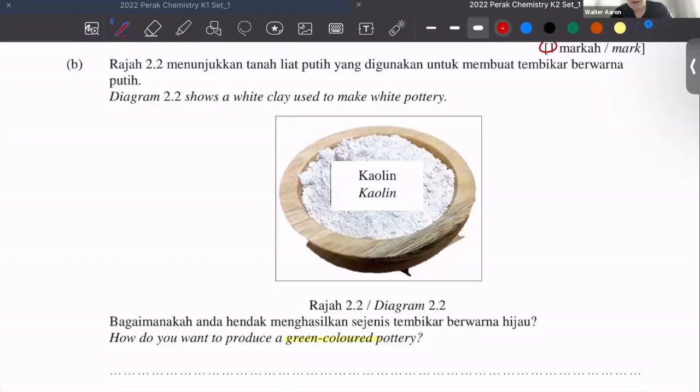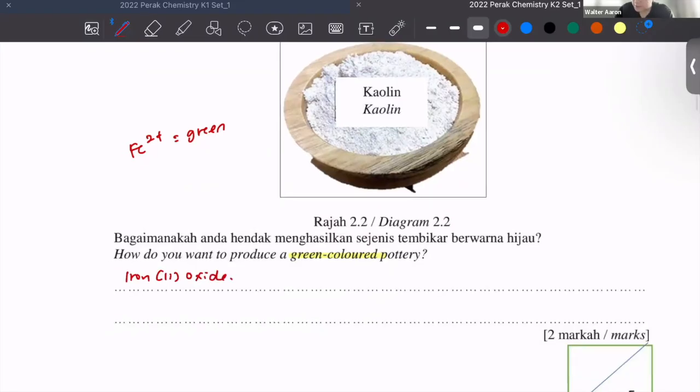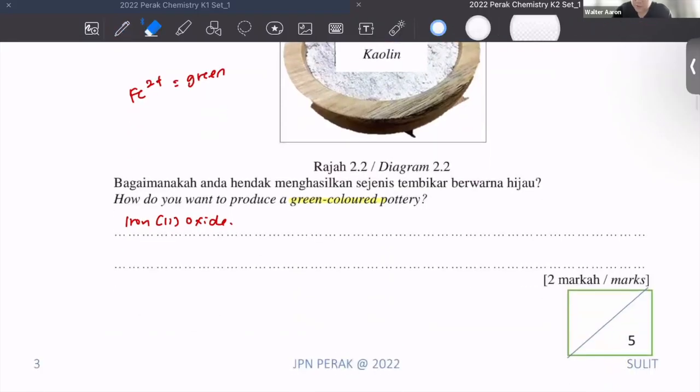So I would say the best and the easiest to remember will be iron 2, because iron 2 ions are actually green. So in this case here, we can just use a compound of iron 2 lah. So you can choose things like iron 2 oxide or iron 2 chloride. Any iron 2 based compound should be able to give you a green color. Okay, so it's 2 marks question, right? So you must actually explain why iron 2 oxide can be used. So you can just explain and say that iron 2 oxide can be mixed together with kaolin